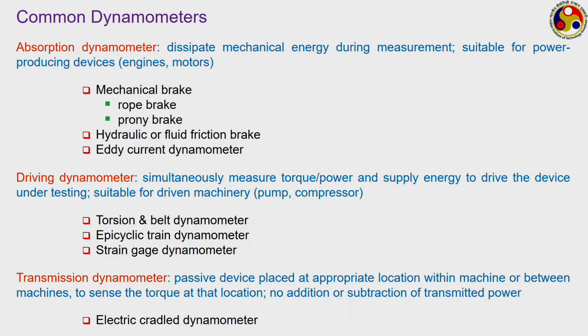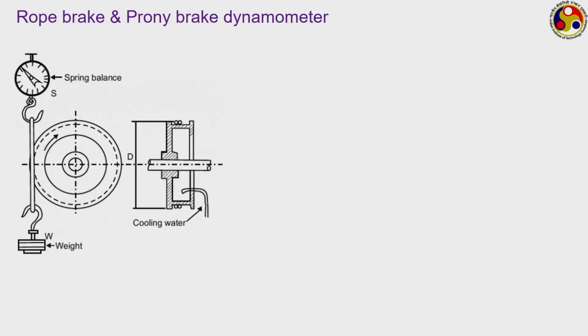We shall quickly be discussing only about a few types of absorption dynamometers here, just to give you some idea about how they work. So, we have the rope and Prony brake dynamometers first. The one shown here is a schematic of a rope brake dynamometer. Here a rope is wrapped around this particular drum or maybe a shaft. On one side you have a spring balance, on the other side you have this weight, and whenever the rope is being wrapped on the shaft, it absorbs entire power in the form of friction,